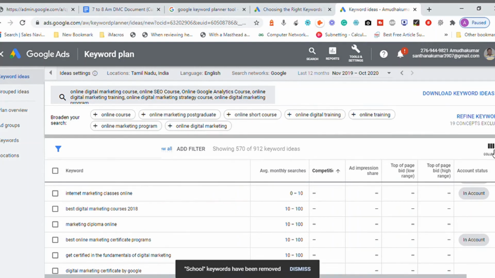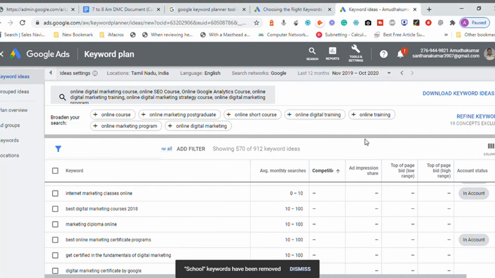You can try this for any tool or any product or services. Out of this you need to select very specific keywords and use them in your advertisement campaign for running the advertisements.